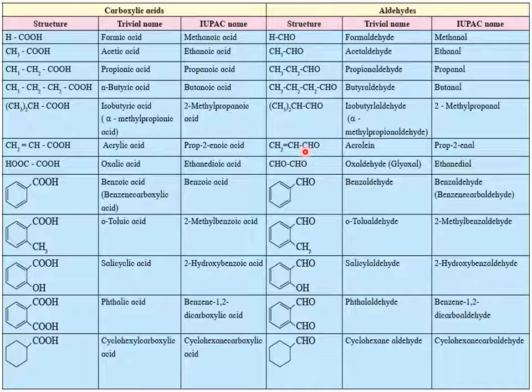Similarly, for aldehyde, select the longest hydrocarbon chain including the functional group, then give numbers according to the rule, that is, the carbon in the functional group is carbon number 1, the next carbon is carbon number 2, then the next carbon is carbon number 3. Then first derive the name according to alkane, alkene or alkyne. Here a double bond is present, hence it belongs to an alkene. There are 3 carbons, hence it is propene. Include the position of the double bond. The double bond starts at carbon number 2, hence it is prop-2-ene. And for writing the name of this compound containing the aldehydic functional group, replace the E of prop-2-ene by AL. Hence, the name is prop-2-enal.